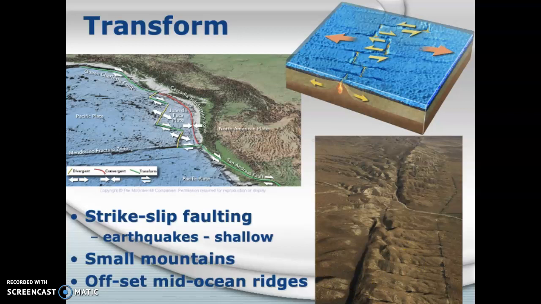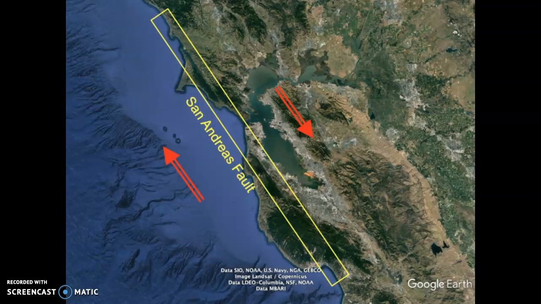So let's take a close look at the San Andreas Fault. This is a section of the San Andreas Fault near San Francisco. So this is the San Francisco Bay right here. The Golden Gate and the Golden Gate Bridge are right there where I'm running the cursor. And you'll notice that this transform fault on the left is the Pacific Plate, and a small sliver of that is continental type crust. And then on the right-hand side is North America,